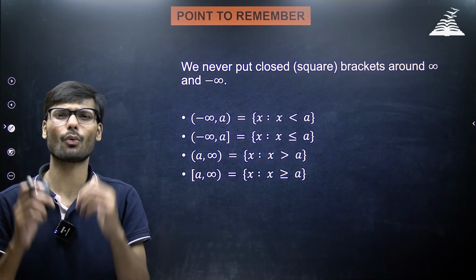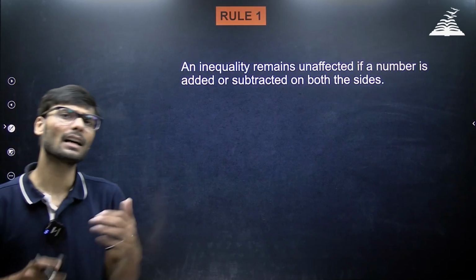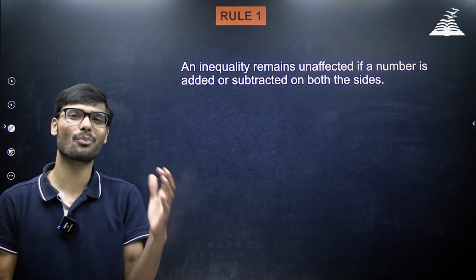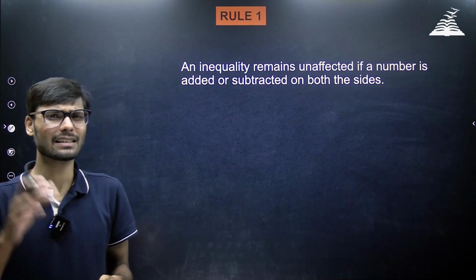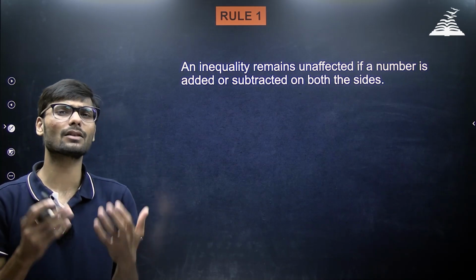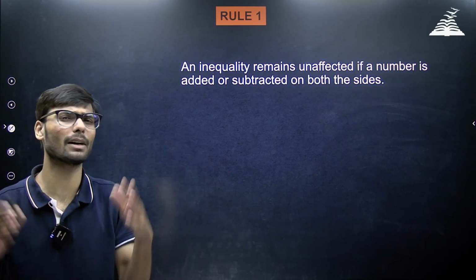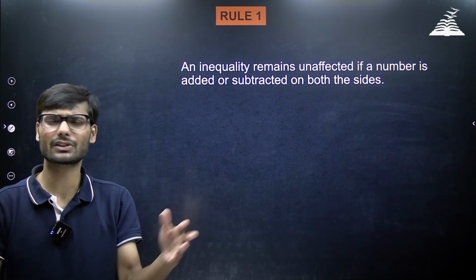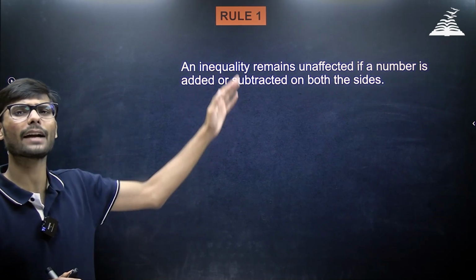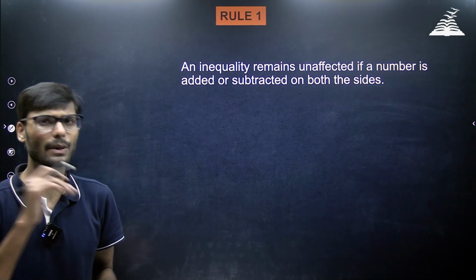while solving a linear inequality. So the first one in the list is that an inequality doesn't change if you add or subtract a number from both its sides. What's the meaning? See, if we are given an algebraic equation, in that case, we can perform all sorts of operations with it, right? You can add a number on both the sides, you can multiply a number on both the sides, you can divide or subtract a number on both the sides. The equation doesn't change, right? Similarly, if you add or subtract a number on both the sides of the inequality, it doesn't change. Let me give you an example.